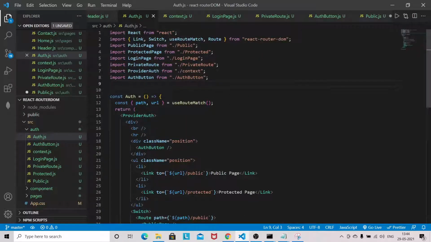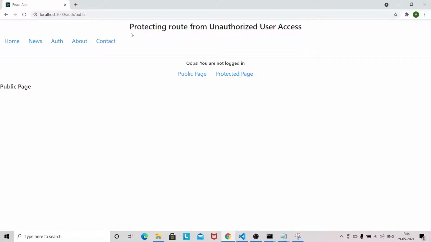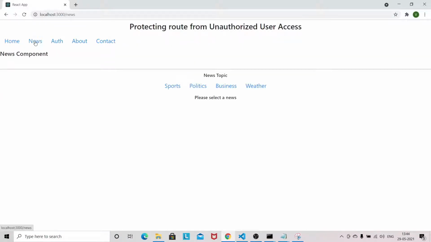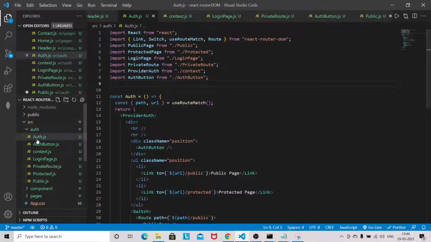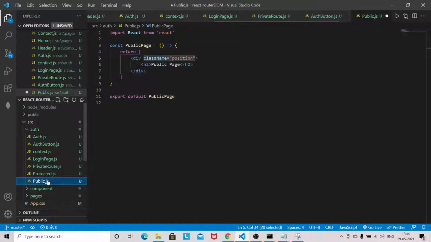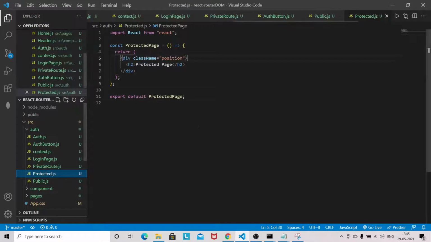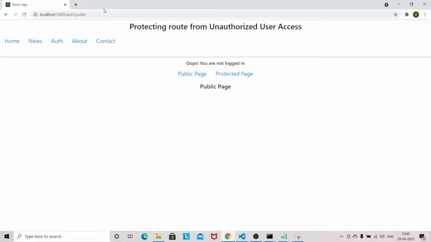Let's see if its functionality is working or not. So I will first come here, to auth. It's saying you are not logged in. It's still not showing properly. So we haven't saved the public page, and protected is saved. Okay, so we are on the public page. Let's see the protected page.